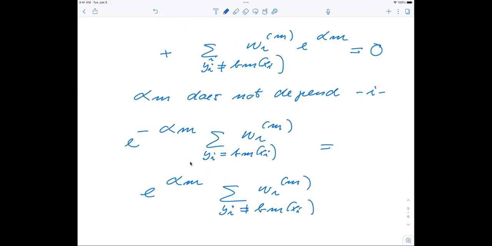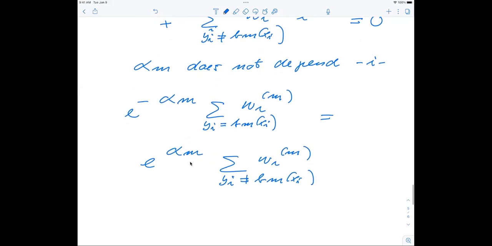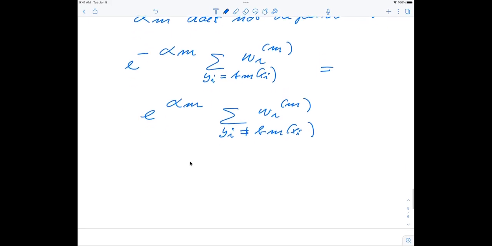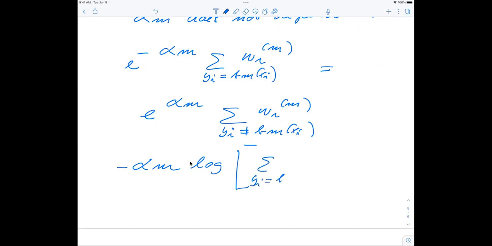And then we can reorganize the equations, and one of the things which is pretty common to do now is actually to take the log of the left-hand side and the right-hand side. So we take the log of the two terms. So when we do that, if we do the log, we obviously have a minus alpha m, and then we have log of the sum over yi equal to bm, correctly classified, of wi of m. And then this is equal to